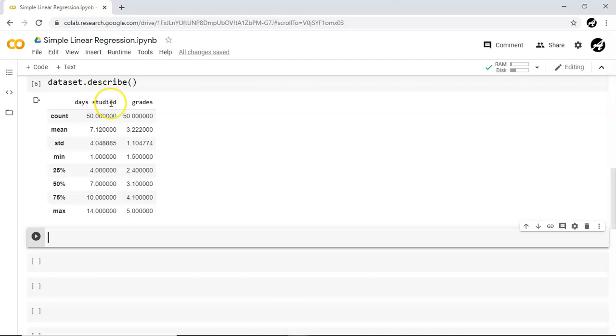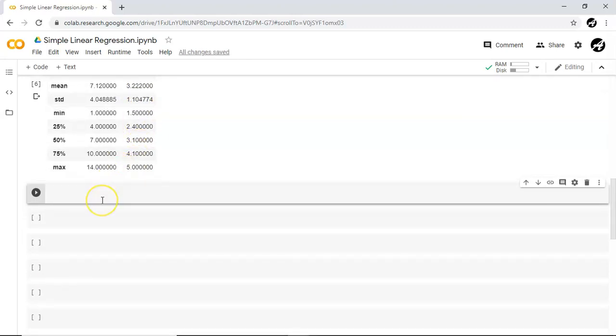So days study and grades, for both of them it has calculated count, mean, standard deviation, minimum, maximum and some percentiles. Now you can see for both columns there are 50 values available. That means there is no missing value. The mean value in the case of days study is 7.12, whereas in the case of grades it is 3.22.